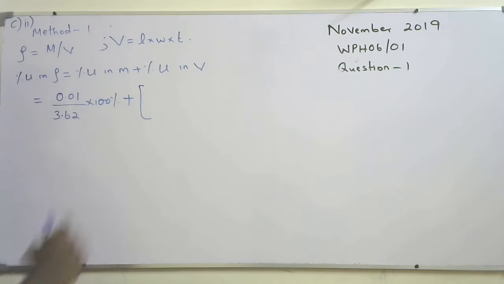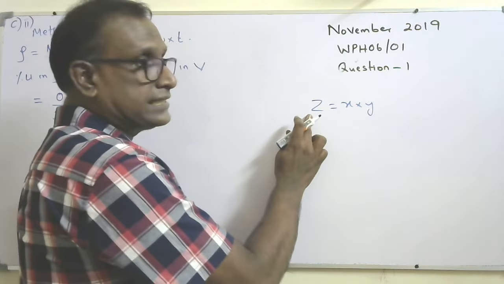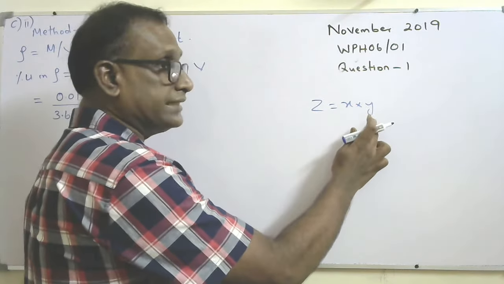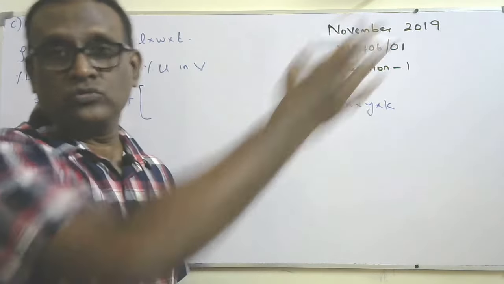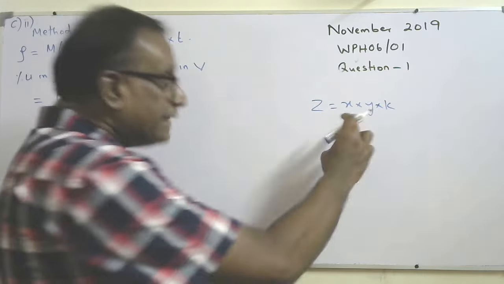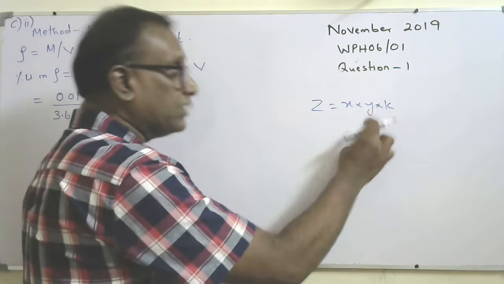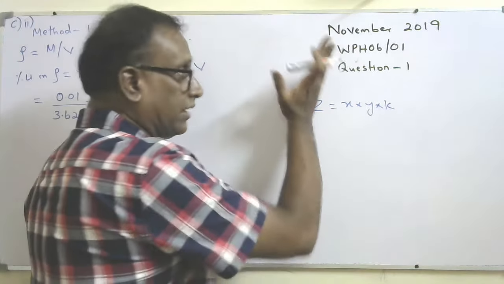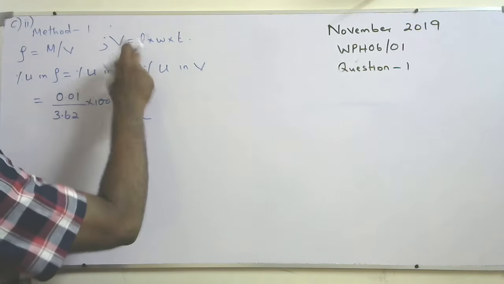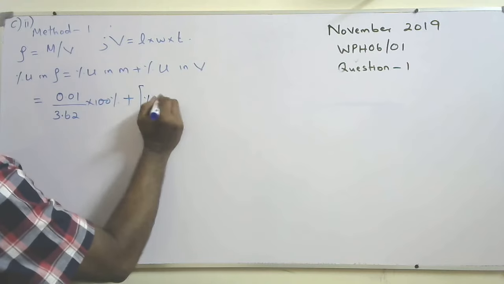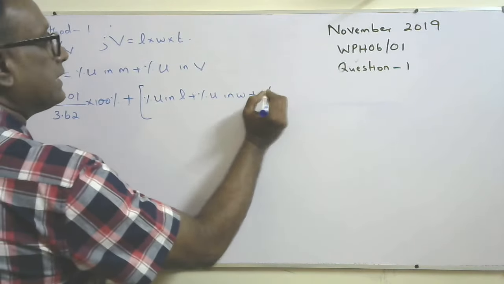When quantities are multiplied, I told you that if Z is equal to X into Y, then percentage uncertainty in Z equals percentage uncertainty in X plus percentage uncertainty in Y. So if Z equals XY into K, whatever the number of quantities we multiply, the percentage uncertainties will be added: percentage uncertainty in X plus Y plus K, right? So I should use that method here. Percentage uncertainty in V, where V is given by length into width into thickness, is percentage uncertainty in length plus percentage uncertainty in width plus percentage